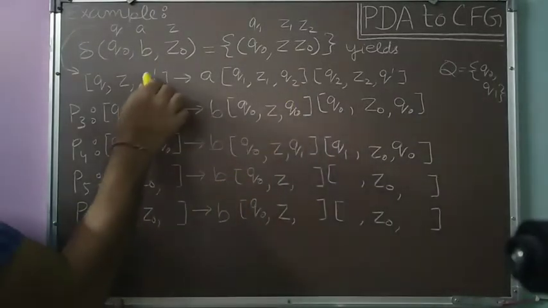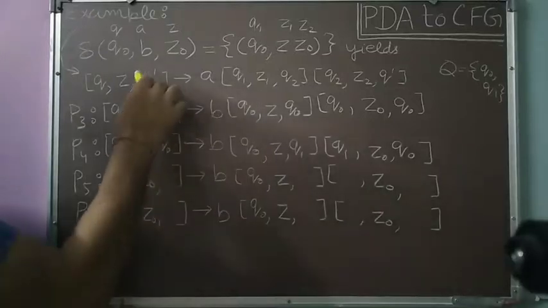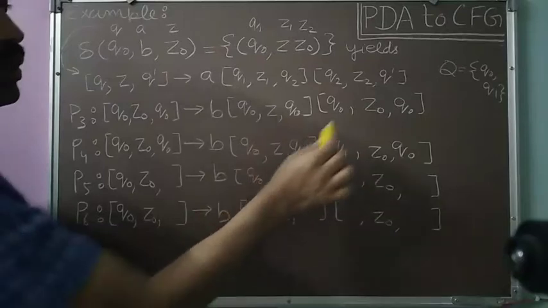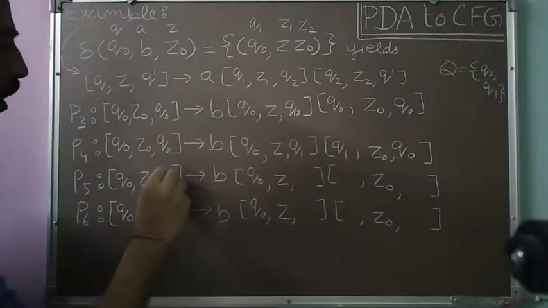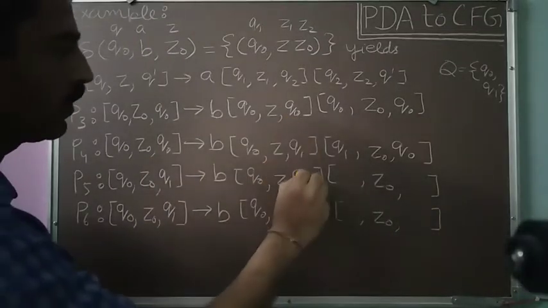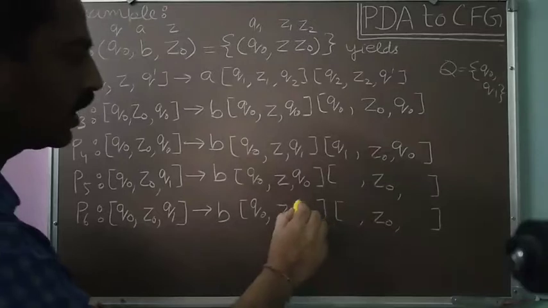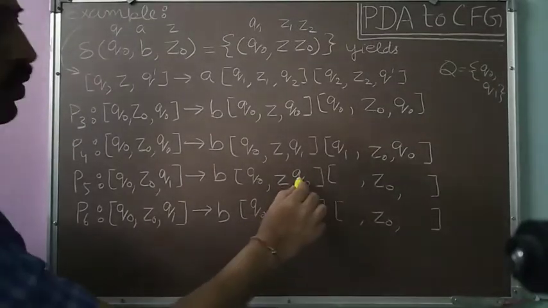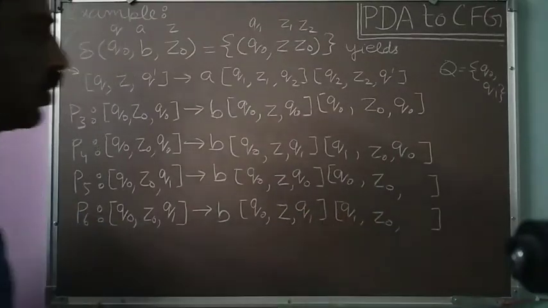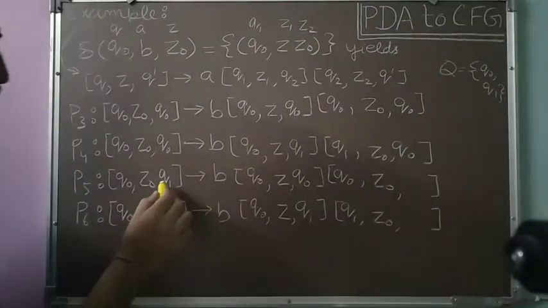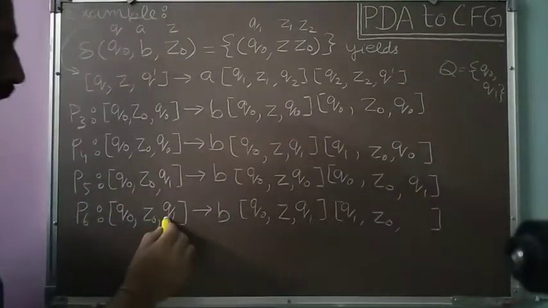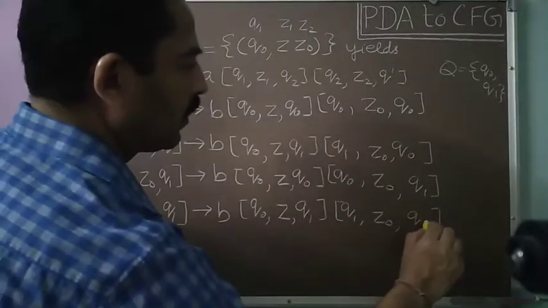This I have filled. Now similarly, Q dash may have the value Q1. And when Q dash is having the value Q1, again Q2 may have the value of either Q0 or Q1. So I will be putting here Q1, Q1, and corresponding to Q1, if this Q2 is having the value Q0, similarly here it will be having the value Q1. If Q0 has come here, Q0 will also come here; Q1 has come here, so Q1 will also come here. Here Q dash will come. Whatsoever is coming here, that same value will come here, that is Q1. Similarly, here we are having Q1, so here also we will be having Q1.